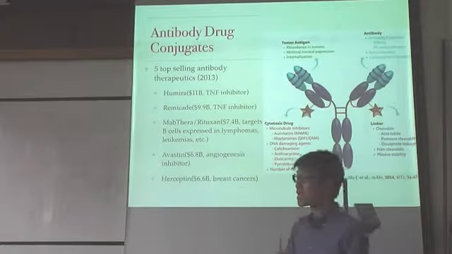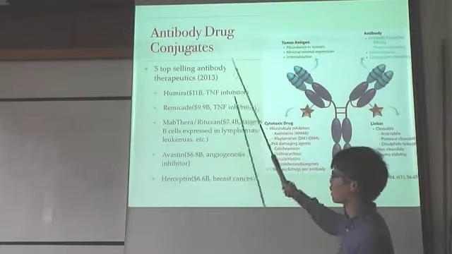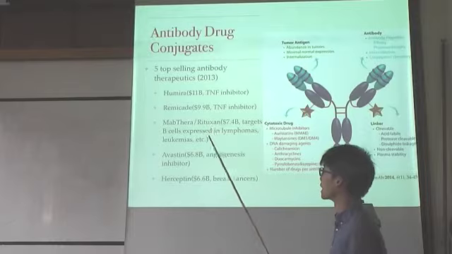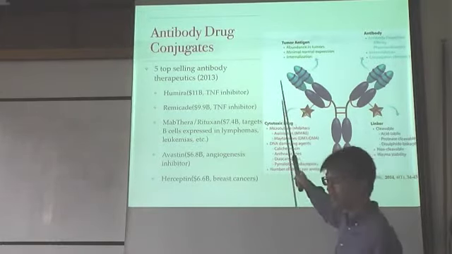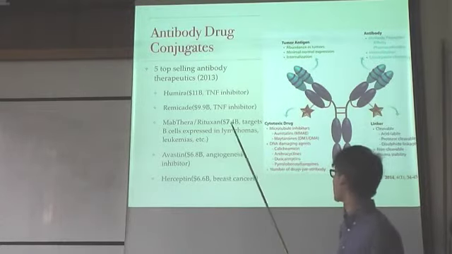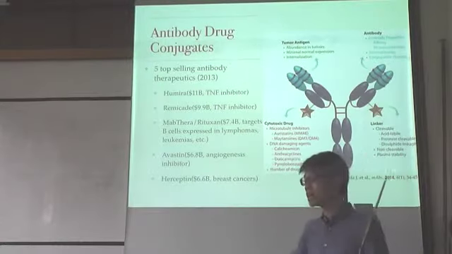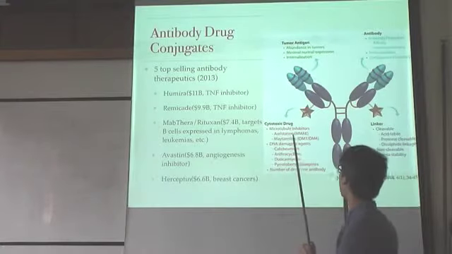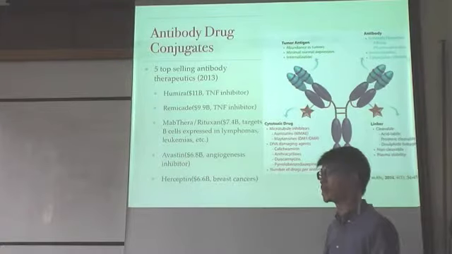So, how can we enhance its therapeutic properties? And that is by conjugating drugs onto them. There's a number of factors to consider when you're making an antibody-drug conjugate. What sort of antibody should we use? What's the target? What sort of drugs are we going to conjugate onto the antibody? What sort of linker are we going to use? Is it going to degrade in the lysosome? Is it going to degrade before it gets to the target cell? And what sort of tumor, what sort of disease are we going to target? These are all questions we have to ask.